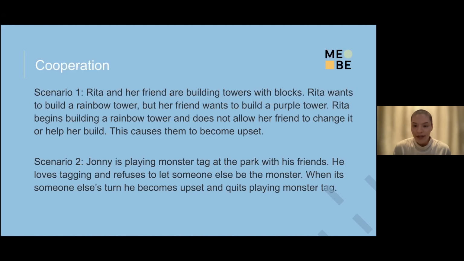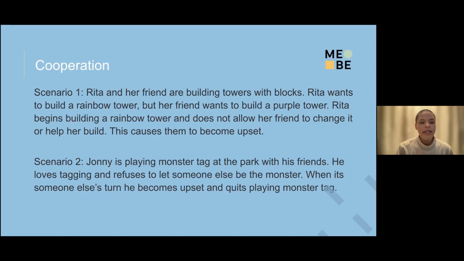So again, this is a pretty common scenario. Sometimes a kid has an idea in mind of building something in a specific way. Maybe that's how they like playing with blocks. They really like rainbows. They want to build it, the colors of the rainbow. But when you have a kid come into the play scenario, they have their own preferences as well, right? So this can usually cause a little bit of a conflict there, and we can talk about some solutions.